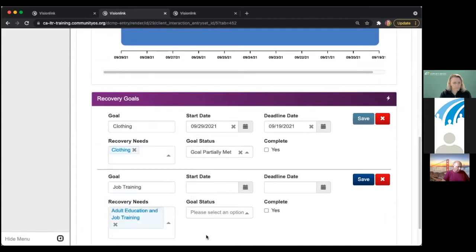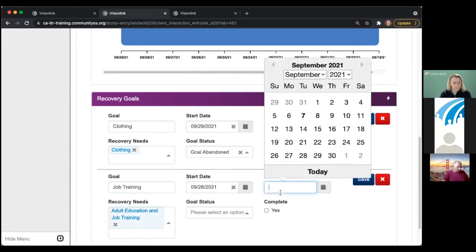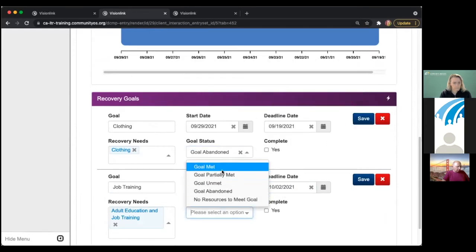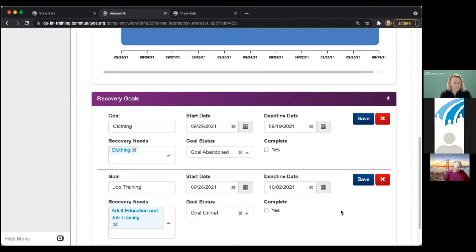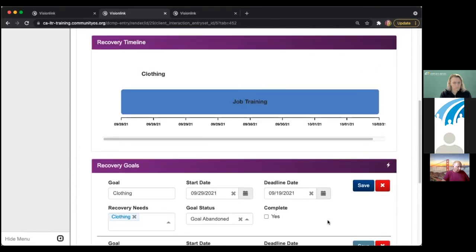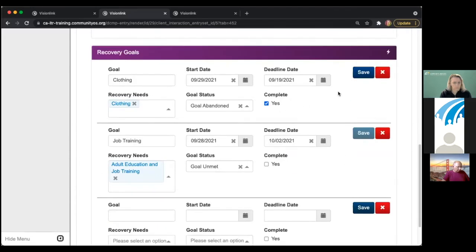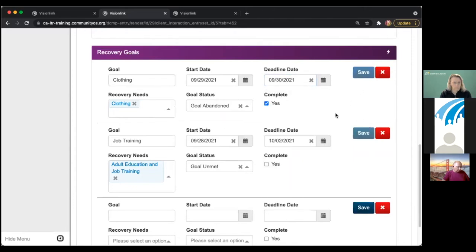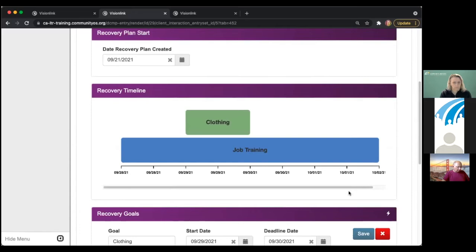Adult education and job training, start date, and then the end date. And the goal is unmet. I'm going to hit save. And now we've got both of those together, and I'm going to hit that this one's completed, and save it. And you can see now I've got a nice timeline for the client to understand where they are